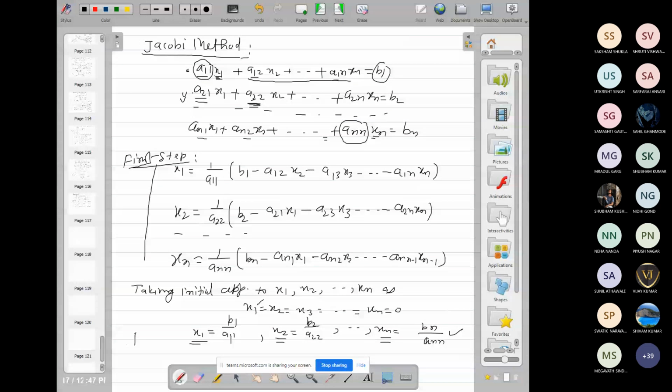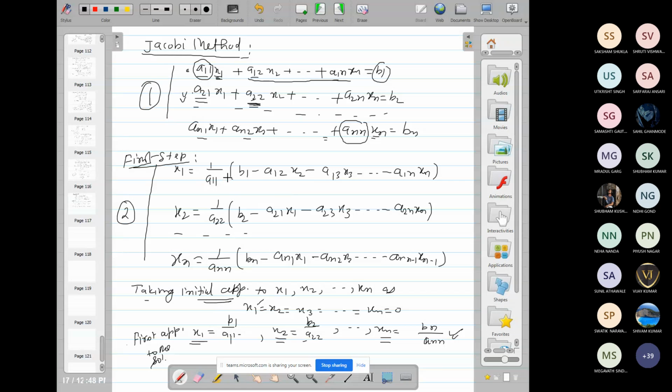First approximation to the solution, and this is the initial approximation, initial value. Then repeating this process for second approximation, substituting x1 is equal to this, x2 is equal to this, and xn is equal to this, and the value obtained in first approximation, substituting in these system of equations, suppose 2 and this is 1, then we obtain second approximation.